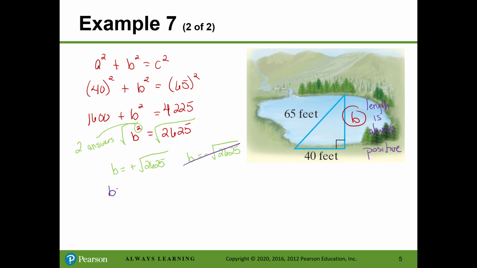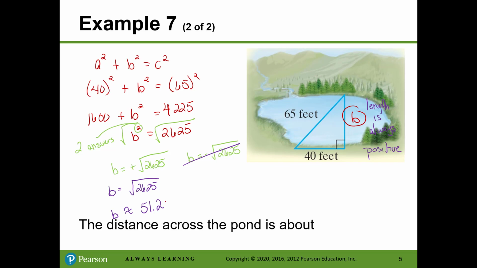So B is equal to the square root of 2,625, and they asked me for the nearest tenth, which means we get to take the square root of this number, and good, you get 51.2, don't you? But it's not complete until you say the distance across the pond is 51.2 feet. Good? You guys with me? Loving it. Not too bad, right? Okay, very